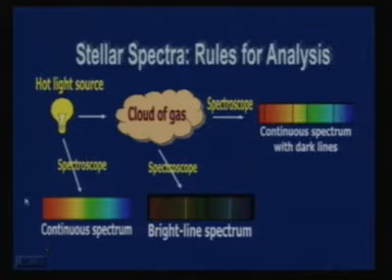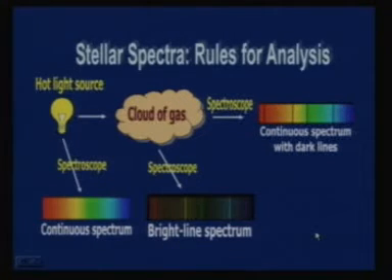On the other hand, if the light passes through a gas cloud, then the gas cloud absorbs certain lines and you see at the right a continuous spectrum with dark lines embedded on it. And if the light goes directly to the spectroscope, without going through the gas cloud, then we see emission lines. So we have a bright background and bright emission lines. This is called emission spectrum. And for the absorption spectrum, we have a bright background and dark lines on this spectrum.